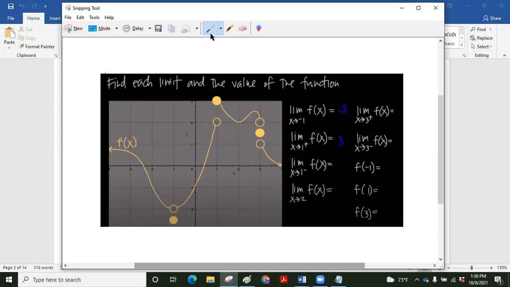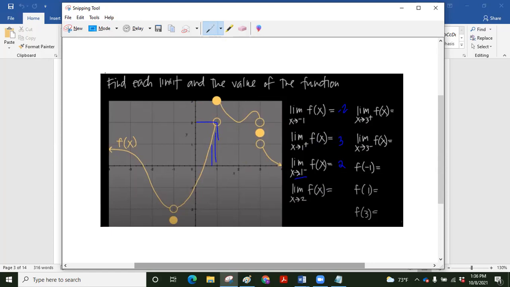Just follow the graph as you're coming from the right or from the left, even if there are intrusions along the way. And this one's asking what is the limit as x approaches 1 from the left. So now we're coming in from the left, and we see that the limit is at y equals 2. So that means that the limit as x approaches 1 from the right is 3, and the